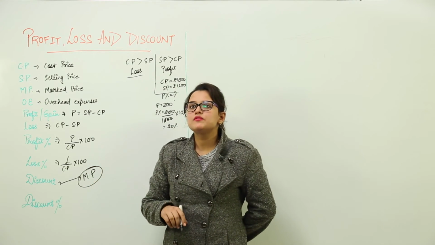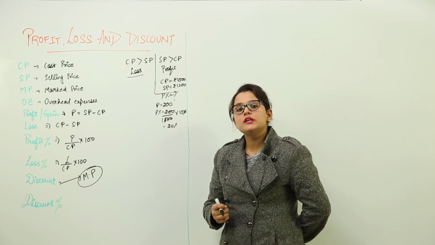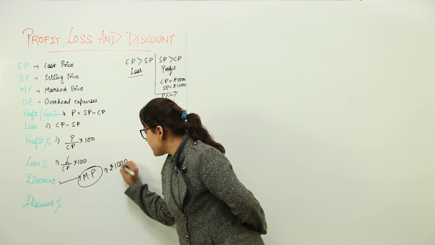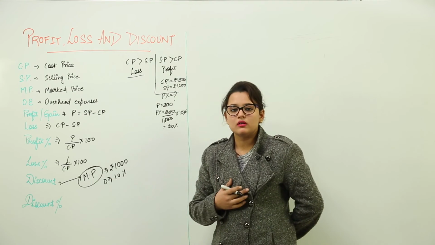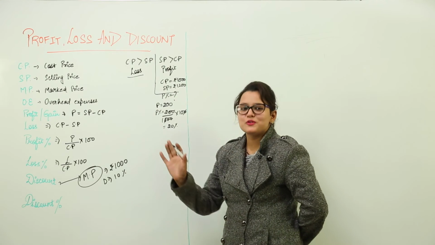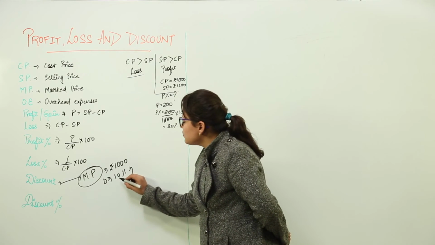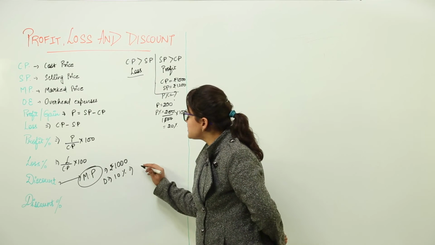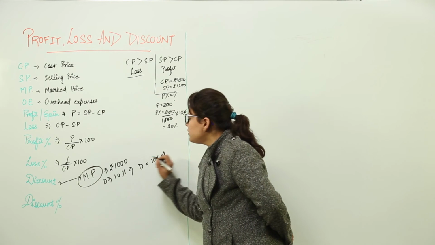Say for example, some article has a marked price of rupees 1000. Now how do you calculate discount on that? Say I have a shirt with a marked price of rupees 1000, and I am giving you a discount of 10%. That is how we go to the shops. We come to know that there is some discount going on, and we rush into the shops. How do we calculate discount? Discount is generally given in the form of percentages only. So how do you calculate this percentage? Your discount amount will be equal to 10% of your marked price.